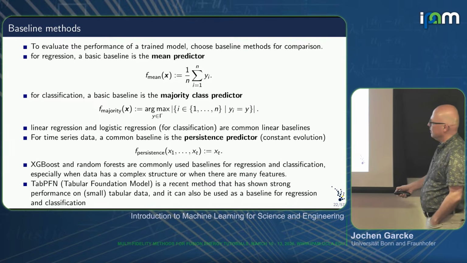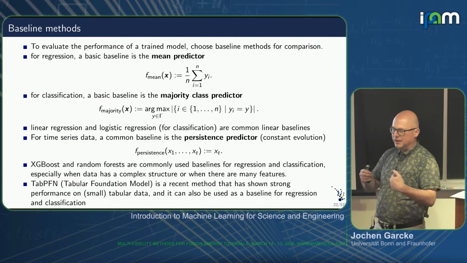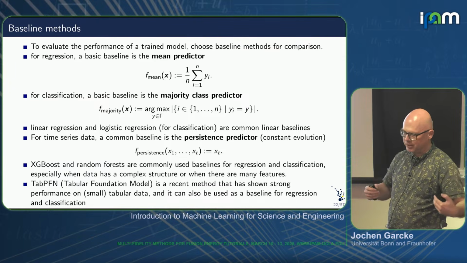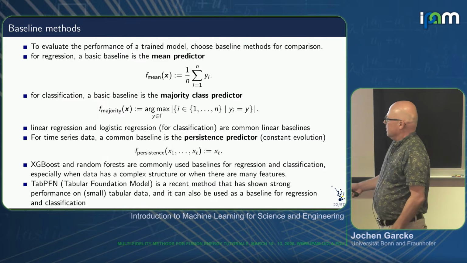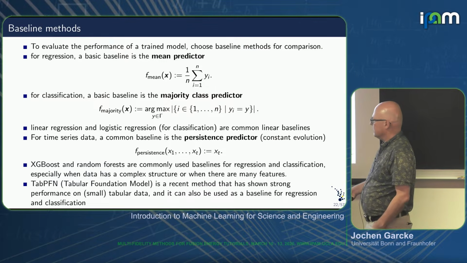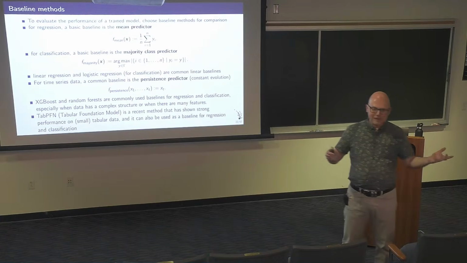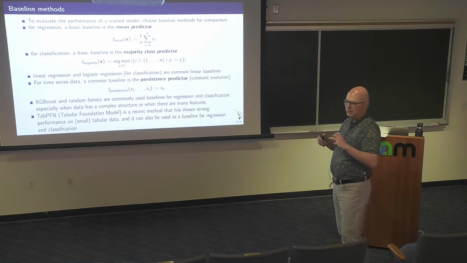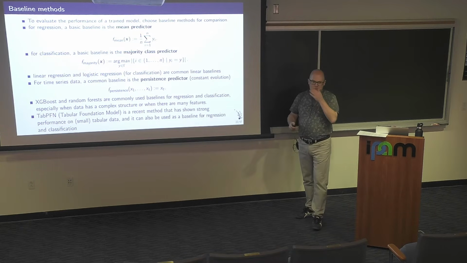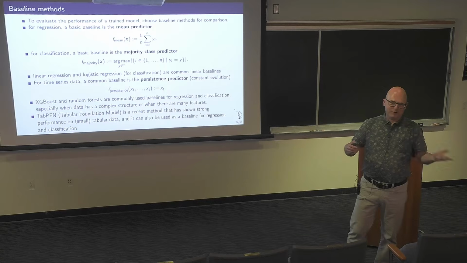Or otherwise, if you're just more like tabular prediction, tabular data, so you have a couple of X data with not so much structure, and want to predict some value, you can use XGBoost, random forest, or there are now, since a couple of years, tabular foundation models. They just learn a deep learning model on synthetic data, and so you can use these foundation models as a prediction model. For small means, I think, up to 50,000. So they're not for large-scale data, but for science applications, 50,000 data points may be already very much.